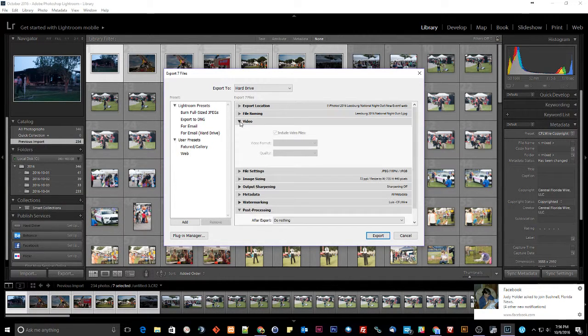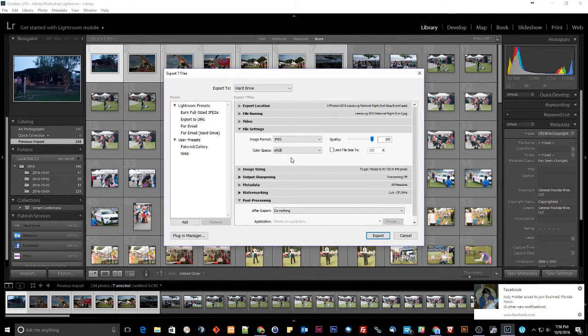Next option would be video. This would only apply if you're exporting any videos. File settings. This is where you can choose what kind of file you're going to export to. The most common one is going to be JPEG. This is going to be all your photo files. You could also do it in